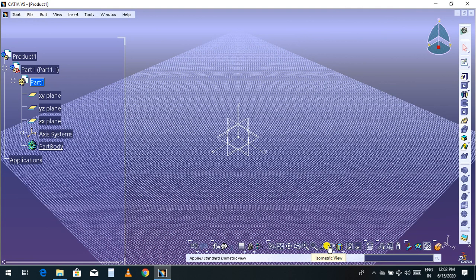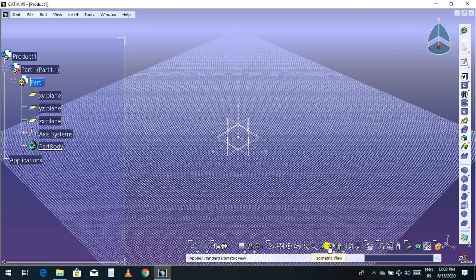In this tutorial I am going to discuss a scaling feature in CATIA. Before this, I completed tutorial 1 to tutorial 57, and in between I have done many features, tools, and operations. But now, if you want to change the scale or the shape of a part or a sketch, then you can use this command.